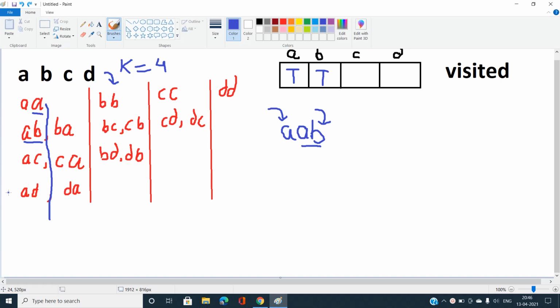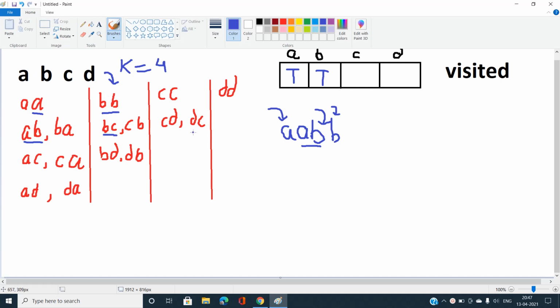Now you can see I'm in this adjacency list, and still BB is not printed. Again print this B, and you can see the last visited character is this one, and it is now visited. So I'm not going to come again into this B's adjacency list. Now this is done. Now move to the next character, that is BC.